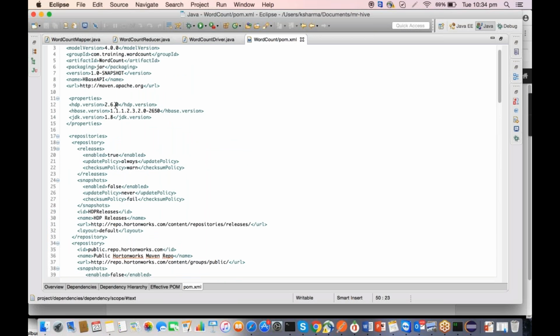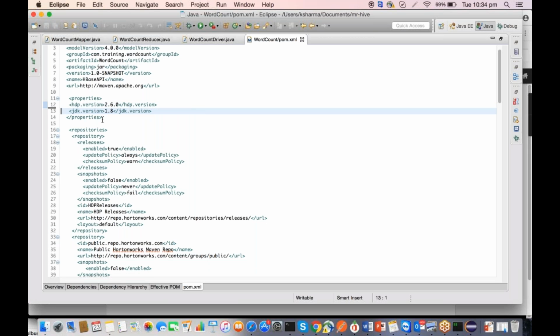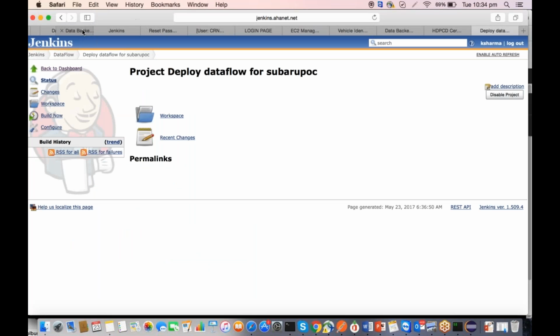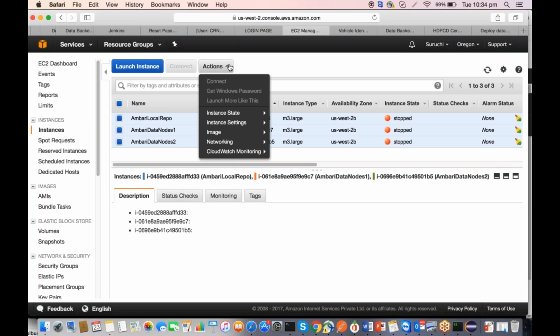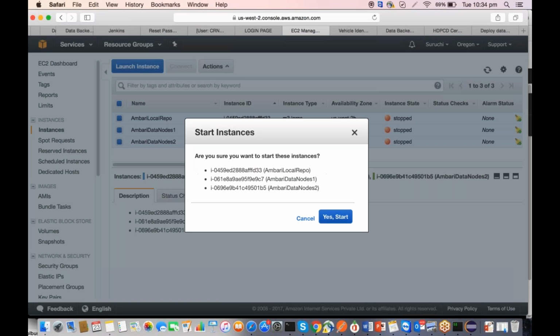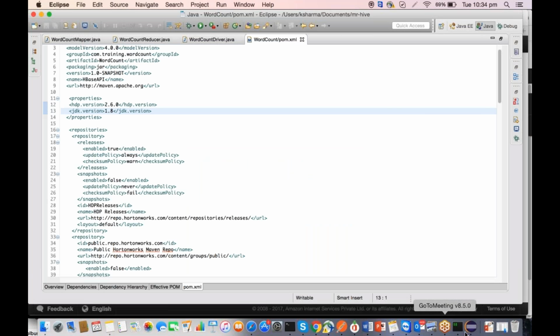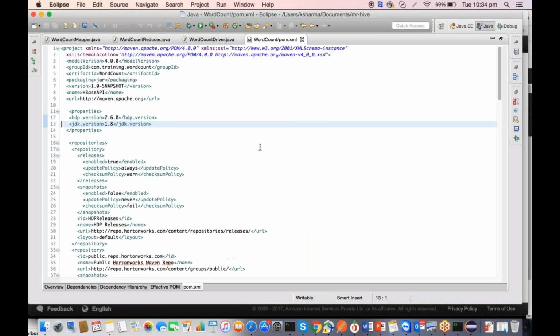Okay, for this HDP 2.6, which version I'm not sure here. So what we do now is let me just bring up my cluster, and let's see which version of HDP we are using, and then accordingly we will proceed. It will take some time to bring up my cluster, but that doesn't stop me from building my